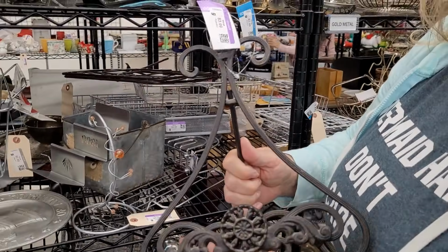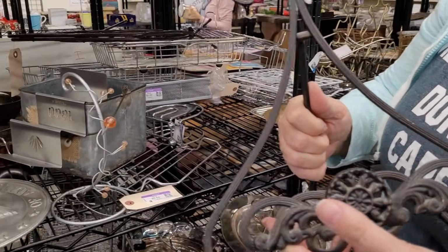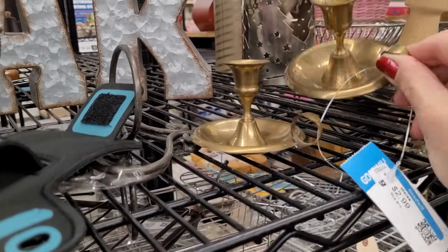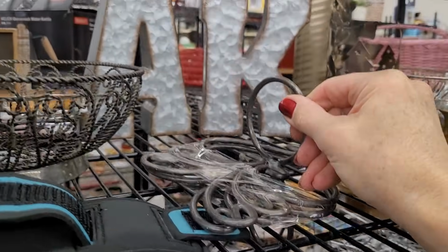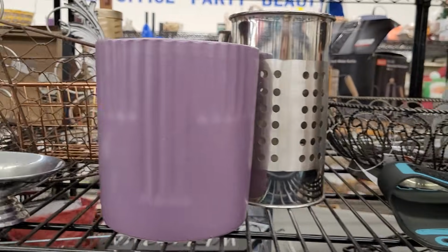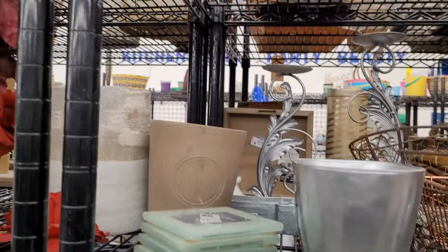Carrie has found a lovely stand here. I do like these to display pictures and bowls, so we'll grab that. These are little modern brass candlesticks, very lightweight. That's how you can tell that they're not ever such good quality. They're quite thin. We've got baskets here, some coasters,